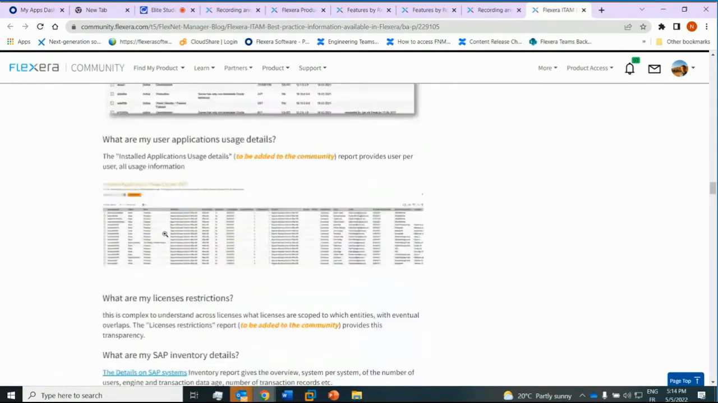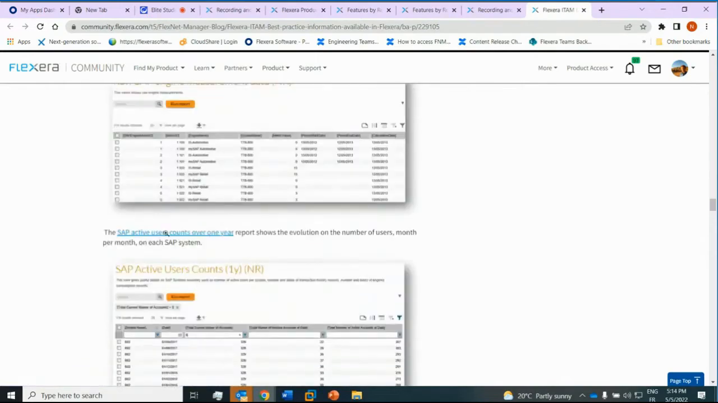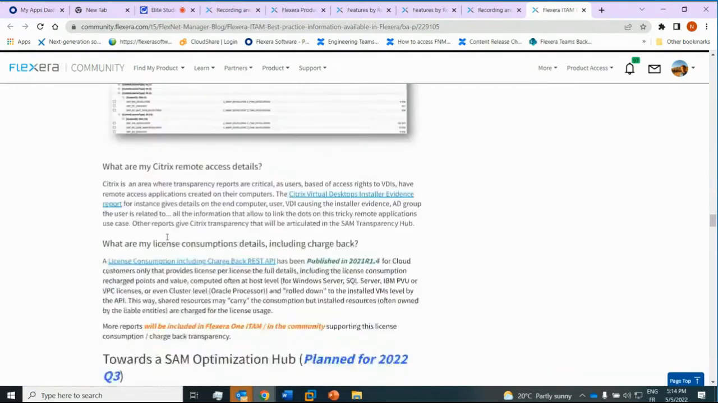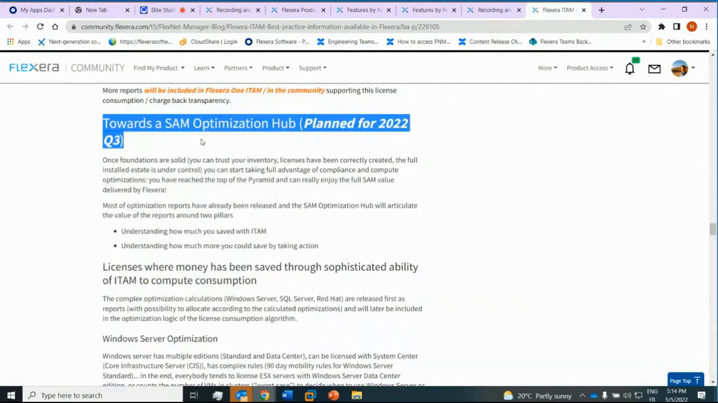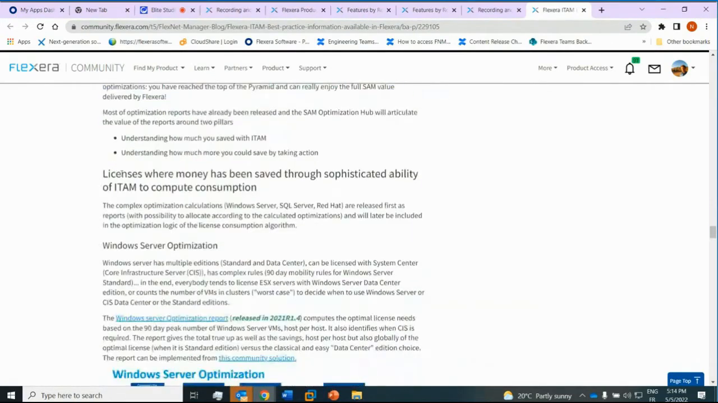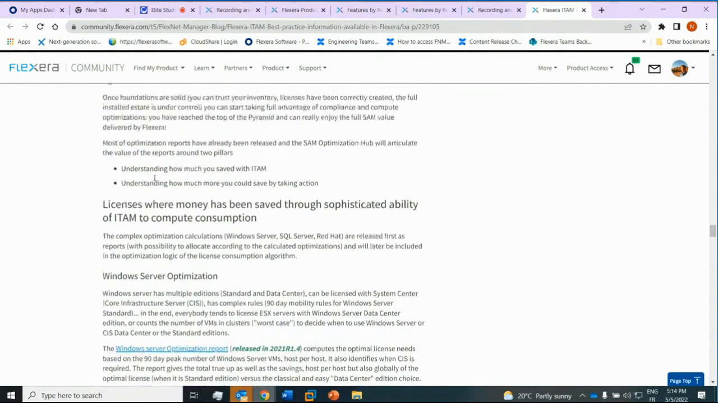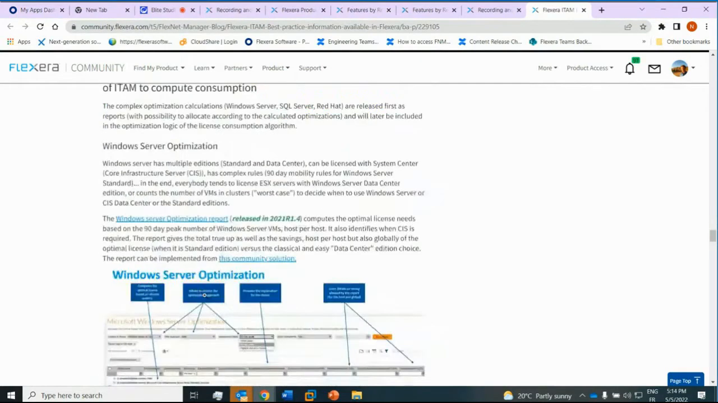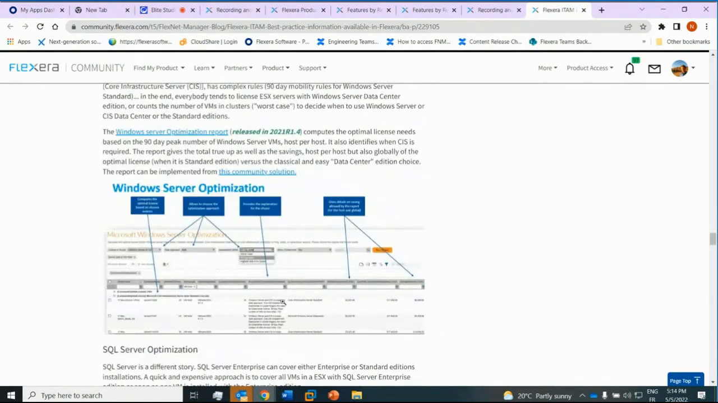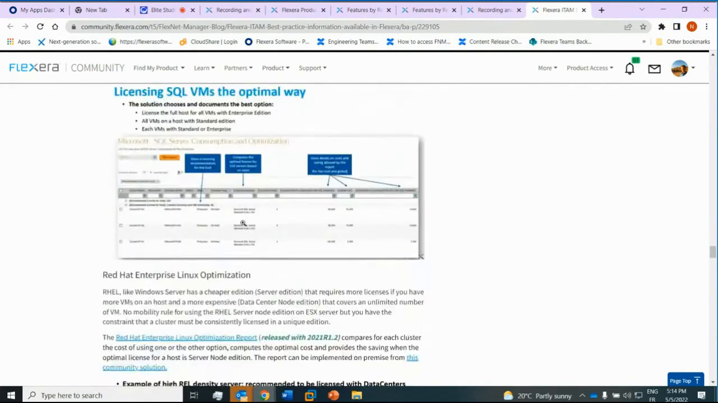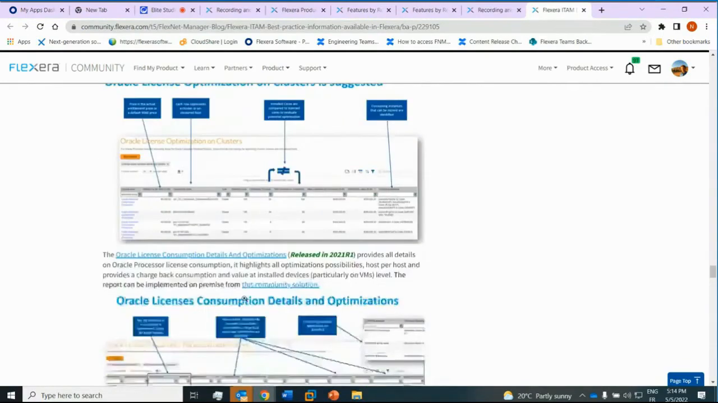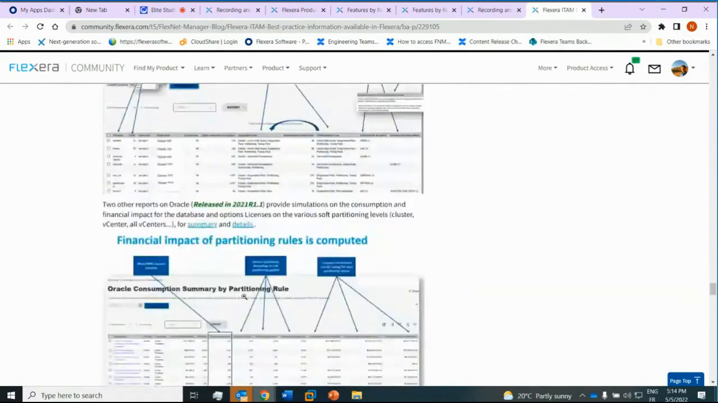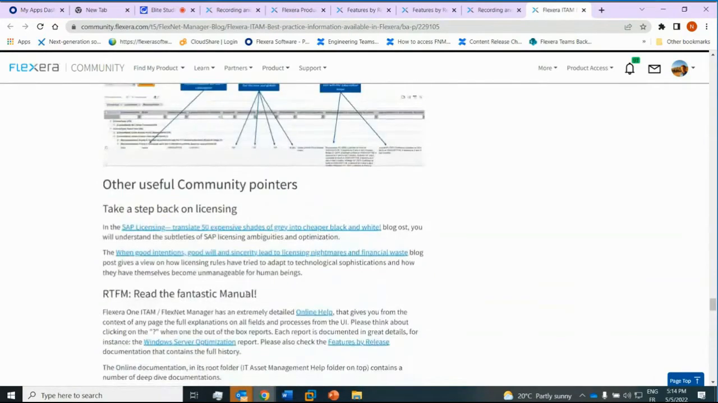And then the last hub, and actually the next one, the first one that will be delivered because the report exists, is around SAM optimization. And again, you will see how the optimizations are articulated, and you will get a pointer and an explanation to each of the reports already published. So this is a full picture on these hubs,